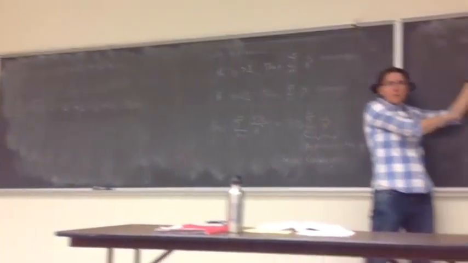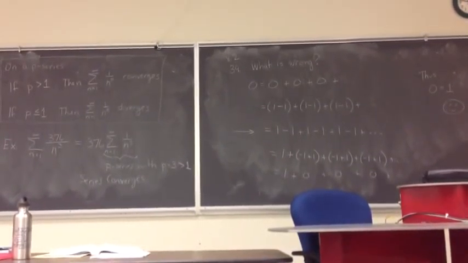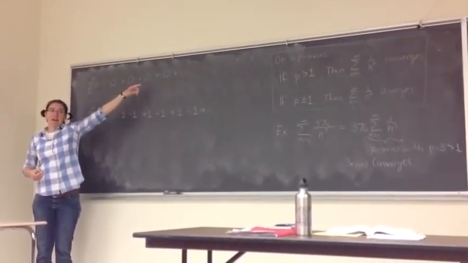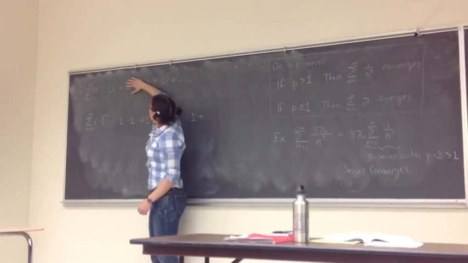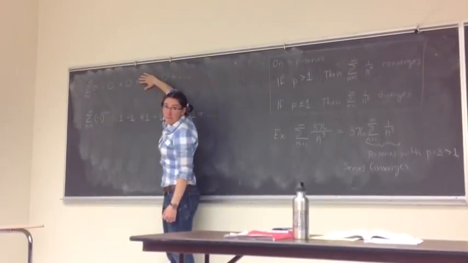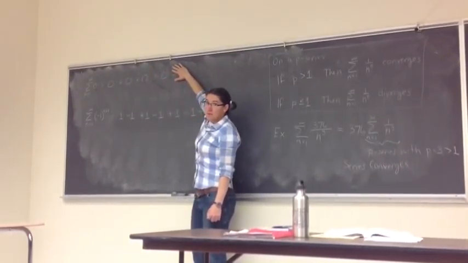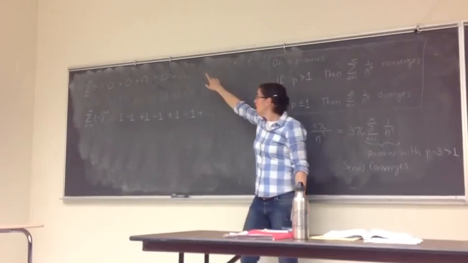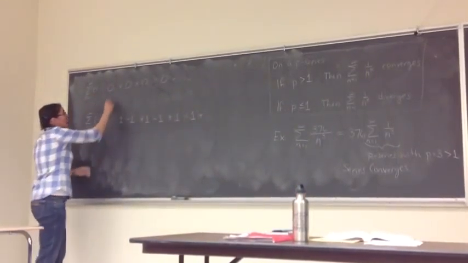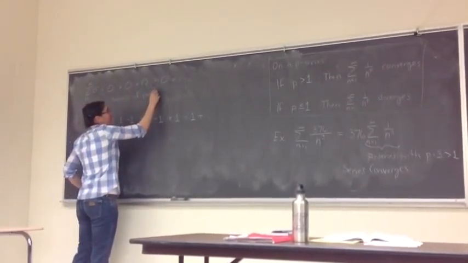And the reason is that something gets kind of swept under the rug when we talk about series. When we talk about series, we're really looking at an infinite sum of numbers, but the way that we analyze these is by first looking at the first term, and then the first plus the second term, and then the first plus the second plus the third term, and the first plus the second plus the third plus the fourth term. We want to add on one term each time that we move over. Now in this first series, the sequence of partial sums